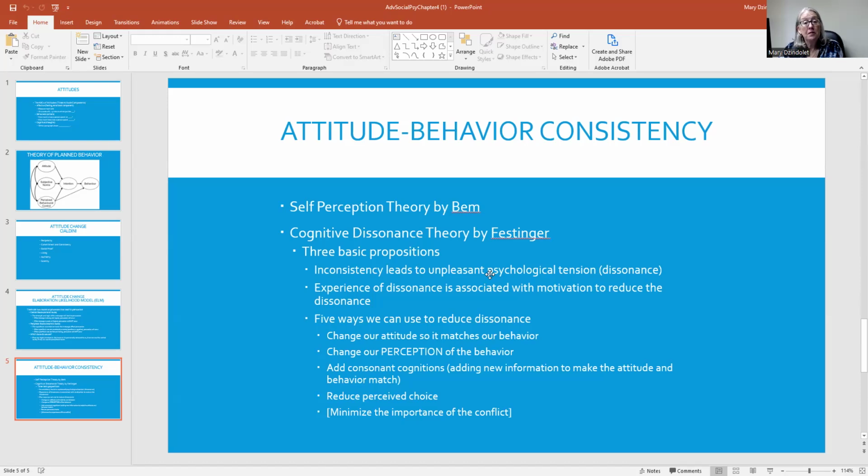Change our perception of the behavior. I could say, well, I wasn't drunk driving, I was just a little buzzed. And you could see commercials that are out there where they say drinking while you're buzzed is drunk driving. Because most of us do believe drunk driving is wrong, they're helping us not change the perception of our behavior to make it okay. Does that make sense? I don't know how to add the consonant cognitions, but that reduced perceived choice,